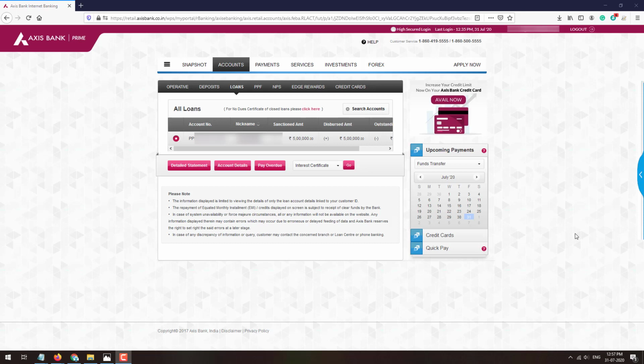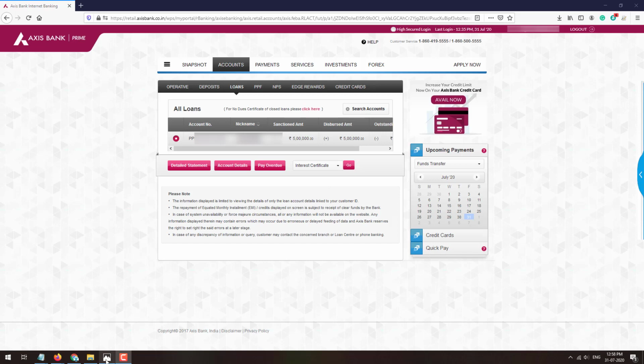To make part payment towards your loan account, you will need to compulsorily visit a bank branch or loan center. I'll explain the complete process to make the part payment by visiting the branch. You can make part payments by cash deposit as well as by check. You'll need to visit the bank, and like the traditional way you deposit cash or check, in the same manner you'll need to deposit the check or the cash towards your loan account.